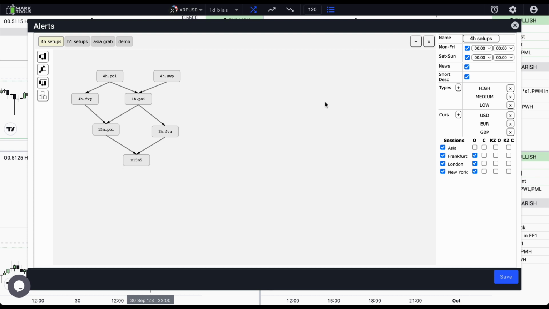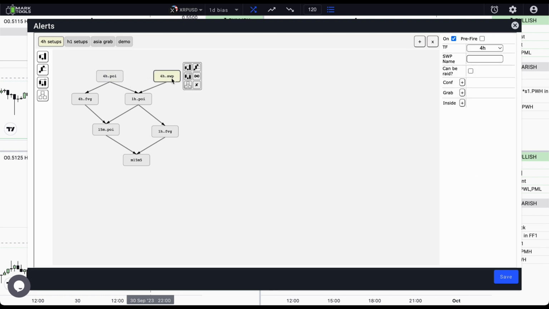When we talk about setup, we assume that we deal with different formations on different timeframes. More than that, considering formations have to happen in appropriate subsequence. In order to clearly build subsequence, we use hierarchical nodes in diagrams with directional links. When the system scans for your trading setup, it takes every root node and checks its formation to satisfy conditions set in the node. If the condition is satisfied, it goes to the next nodes that are outgoing from the current node and performs the same process as for it.